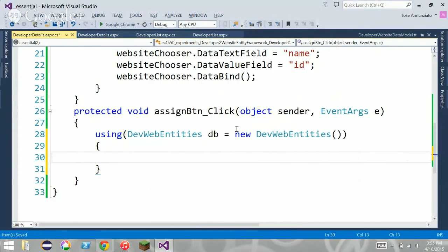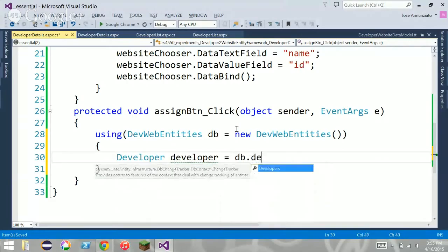We need to tell the developer that now they're assigned to this website, and we need to tell the website that now this developer is assigned to you. We have to remember there's 2 foreign keys here. One goes out to the developer, one goes out to the website. They both have to know about each other. So let's do that. Let's find the developer using the ID, using db.developer